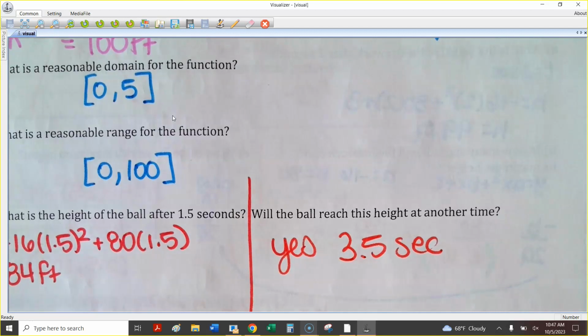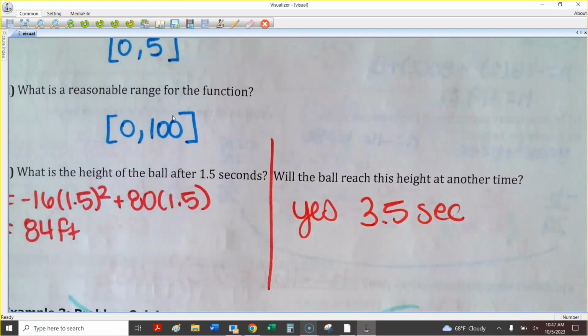All right, we're going to skip that last example. Is anybody having a question? Okay, if you guys want to grab